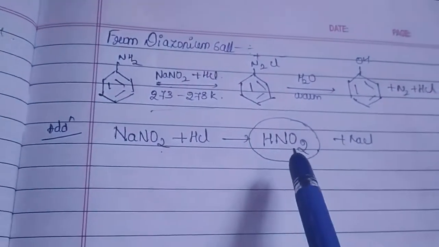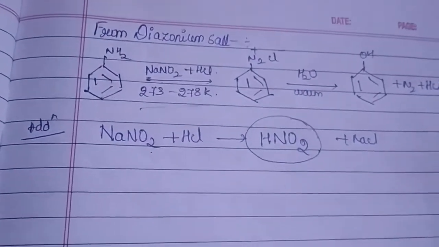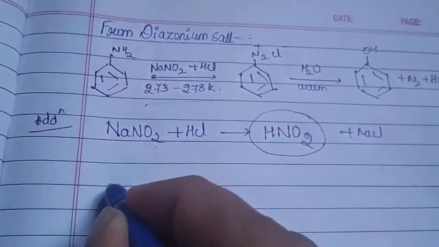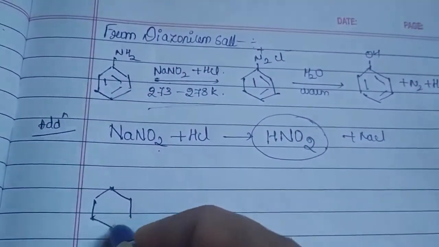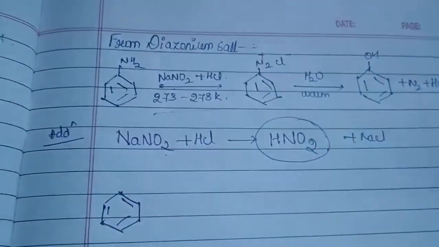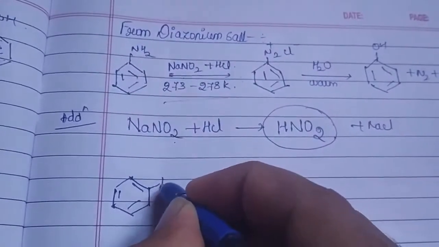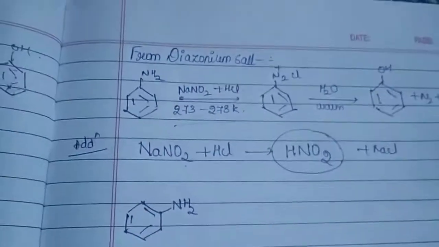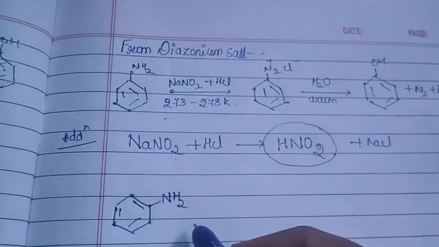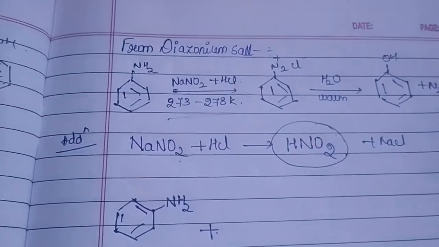So once we have obtained this nitrous acid, let us look at how our reaction will be carried out. Of course, I have said you have to use your aniline. The important process is that we have to prepare this diazonium salt. That part I am giving you. Okay, let me take my NH2 here so that it will be easy for me to write. NH2. Let me take my HNO2 like this.